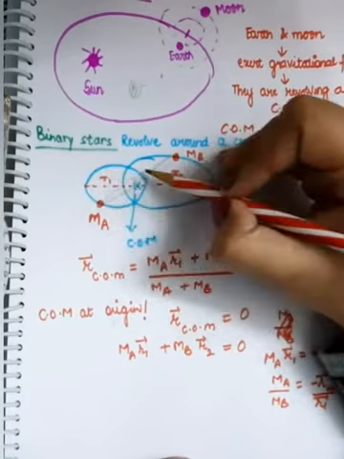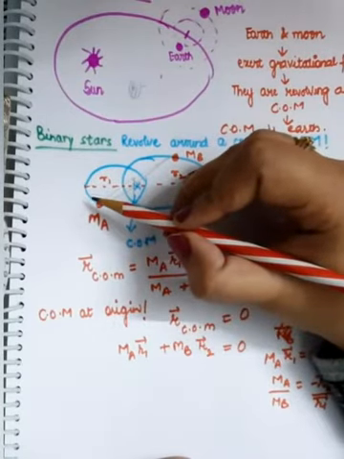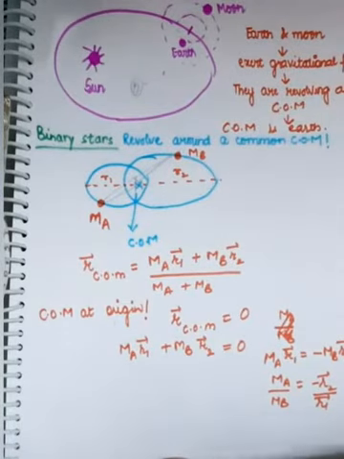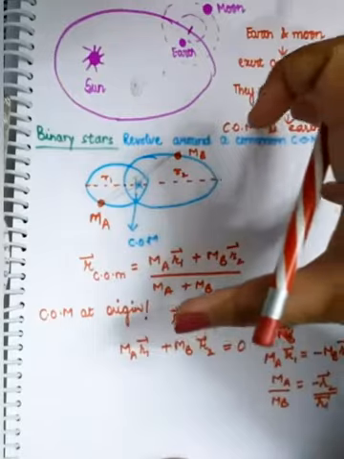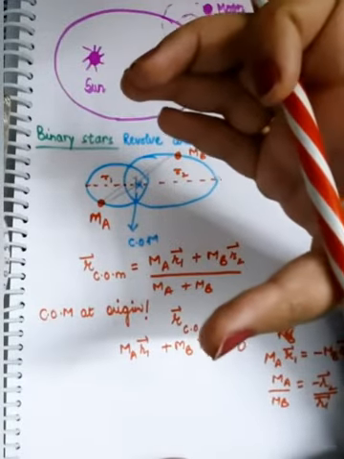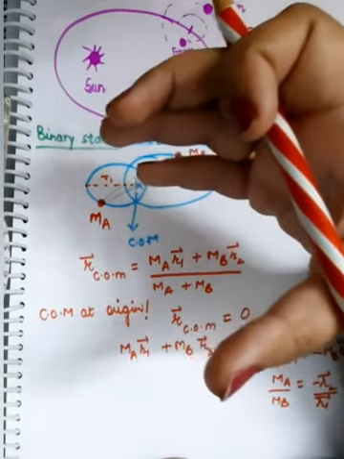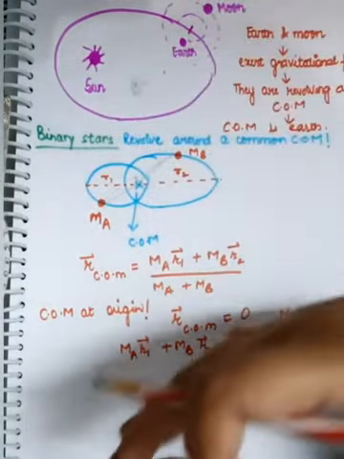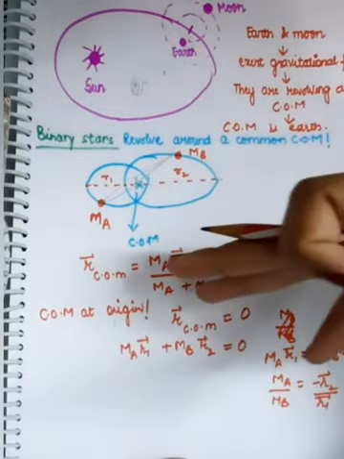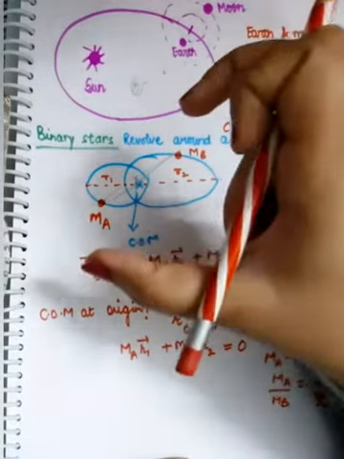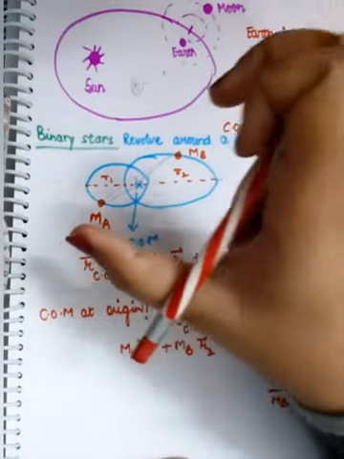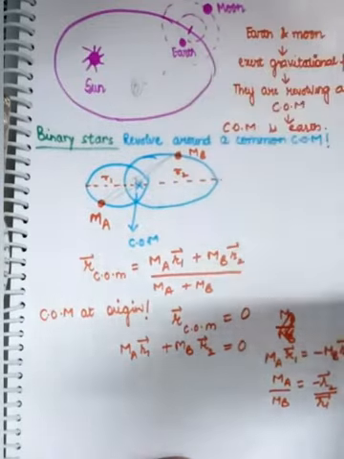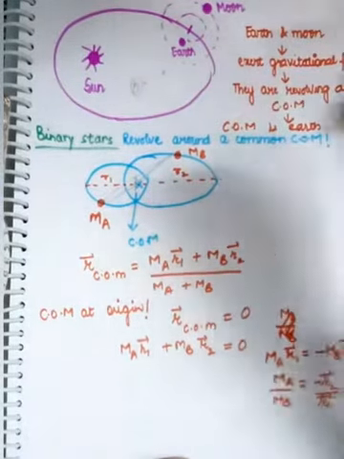So when this first star is revolving around the center of mass, the second star is also revolving around the center of mass. So this is binary star formation, that these two stars are related to each other. See, the universe is a very, very complex thing. Here you will find many amazing things, and binary stars is one of them. Binary stars refers to a pair of stars which are revolving around a particular point, which is not visible to you, but they are revolving around that particular point only.